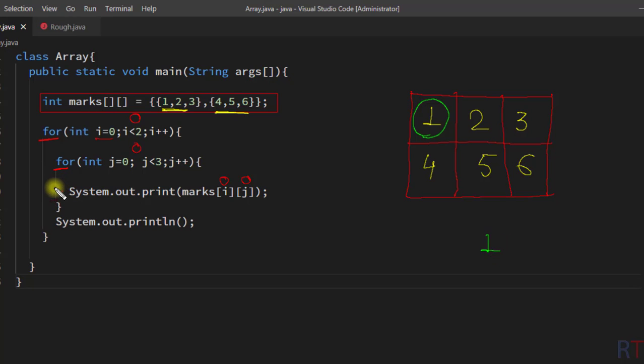Then the inner for loop will reiterate and this time the value of j will be 1. So now marks[i][j] will be marks[0][1], and it is going to access the element 2 and print 2 onto the console. Then the inner for loop will reiterate and the value of j will be 2, and now marks[i][j] will be marks[0][2], and it will access the element 3 and print 3 onto the console. In the next iteration, the inner for loop will break because the condition j less than 3 will be false,